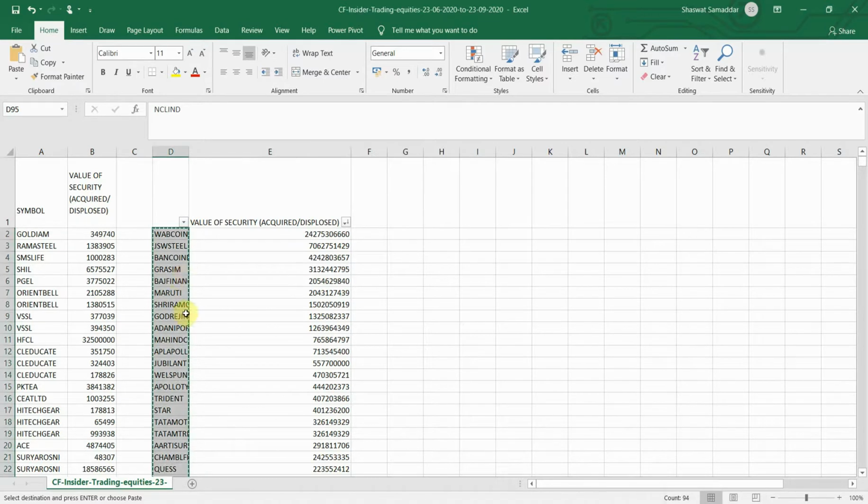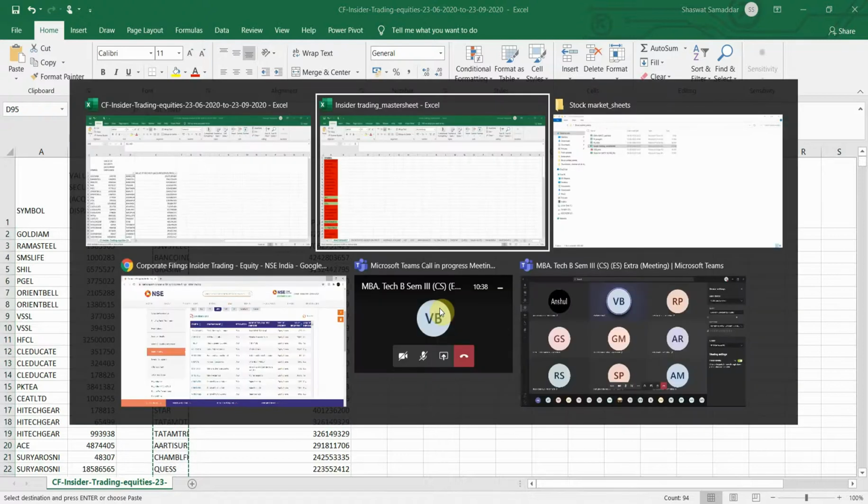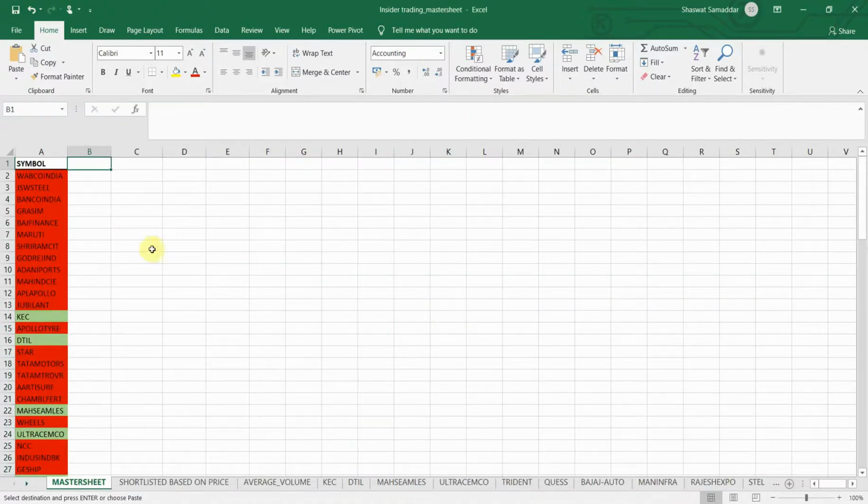Okay, so as you can see, I have copied these symbol names. Now what we have to do is go to the master sheet that we have made of this insider trading strategy. So let me just quickly go there. Okay, so as you can see, this is the master sheet, and if you guys want to know how I color coded these symbols as red